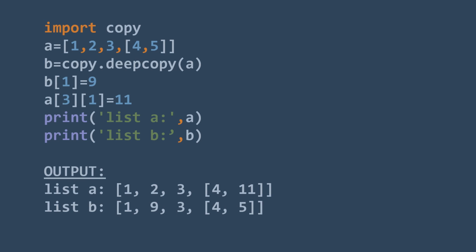Now if you want to print both the lists, then you can see the output like this. Whatever changes you have made in list B, that will be reflected in list B only. And whatever changes you make in list A, that will be reflected in list A only. So the changes made in one list will never be reflected in the other list, even though they are copied, but since it's a deep copy, it will not be reflected. So this much you should know as of now to carry out the further programming.